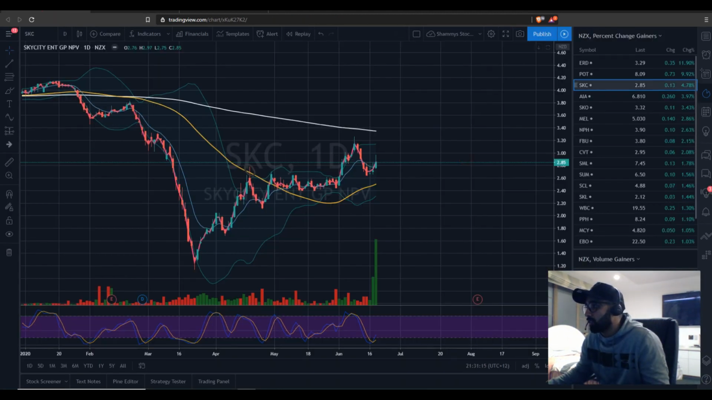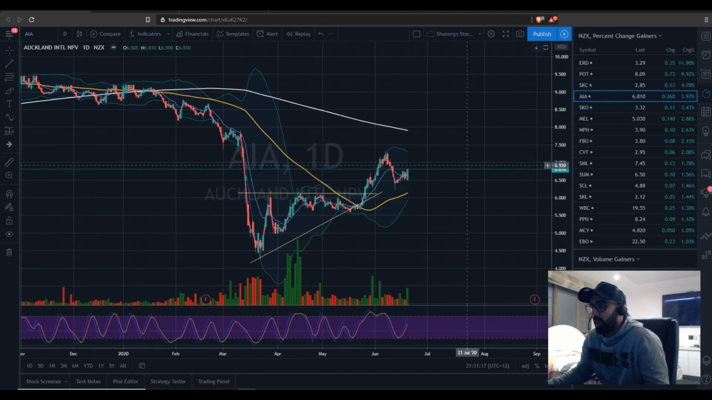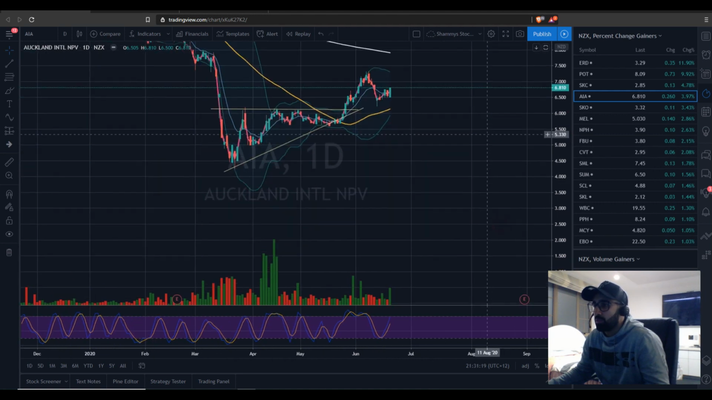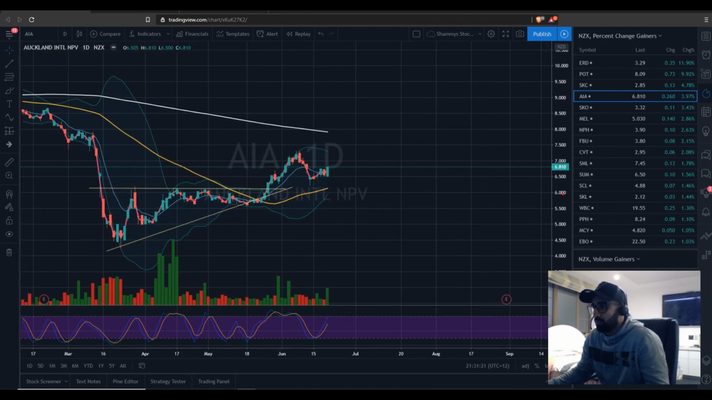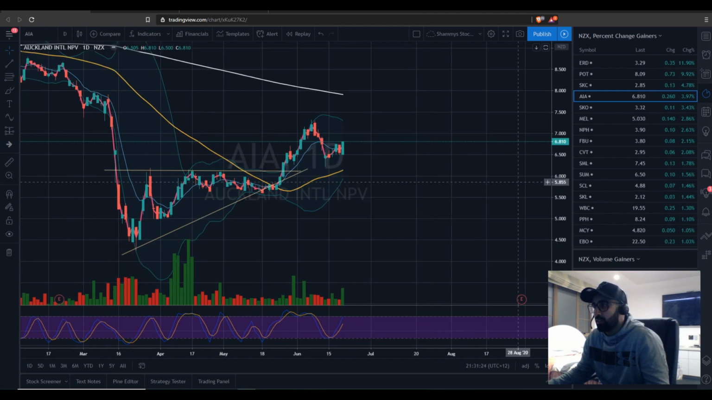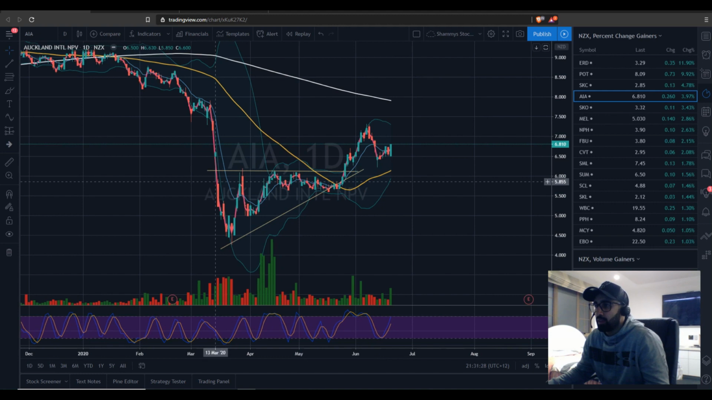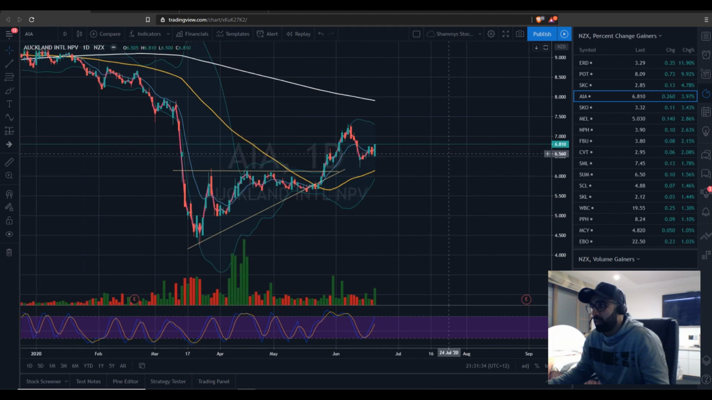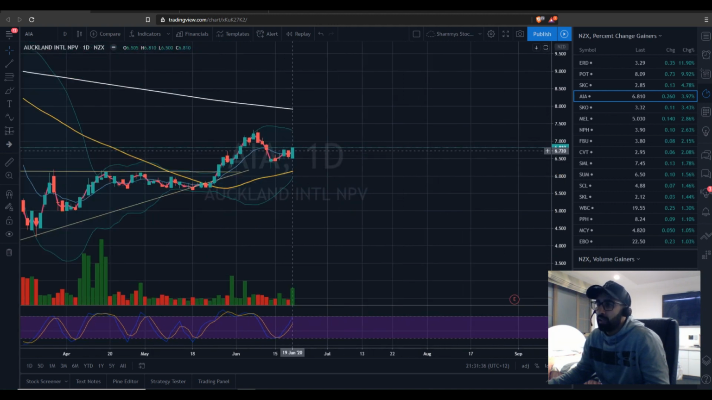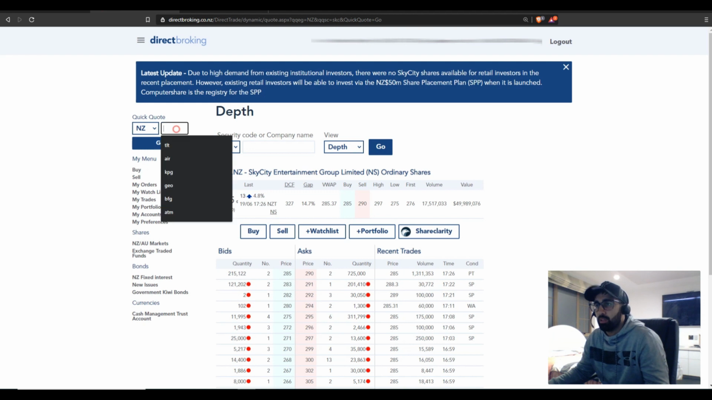All right, going back. If we continue on, AIA. What's that? Auckland Airport. Yep. For me, it's not really showing a pattern. We had a flat top breakout here and it trended higher. It went up to this point here, went back down, and now it's holding there. It had a nice full body candle. This can probably head higher. Let's have a look at